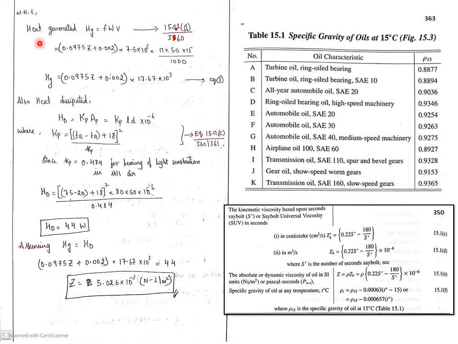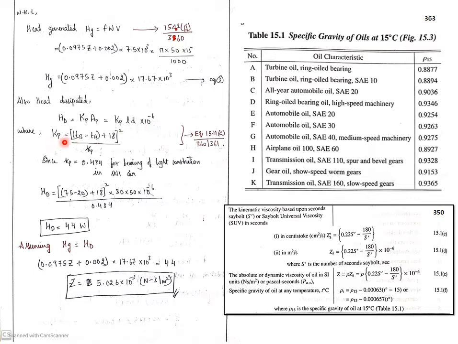This is heat generated. Now we are calculating heat dissipated. The heat dissipation formula you will get from page number 360 and 361 from the data handbook. There you will get HD is nothing but Kp into Ap, where Kp is a constant given for construction, a bearing of light construction, of a material in steel yard. Ap is the area, L into D, into 10 raised to minus 6, which is converting into meters. Keep this very important concept in mind: L into D is multiplied by 10 raised to minus 6, which converts directly into meters. No need to convert it again, just substitute it as it is.